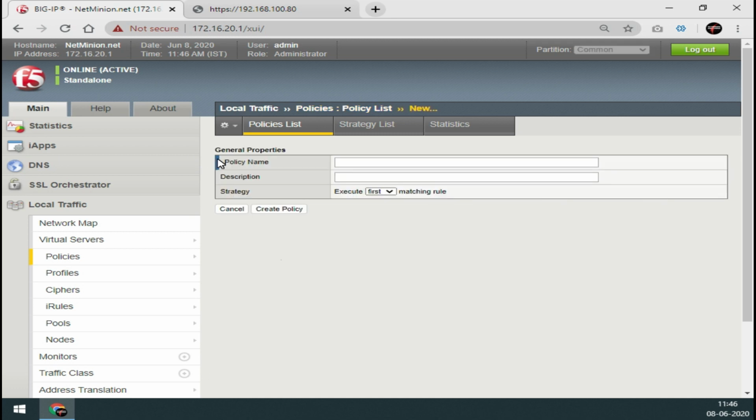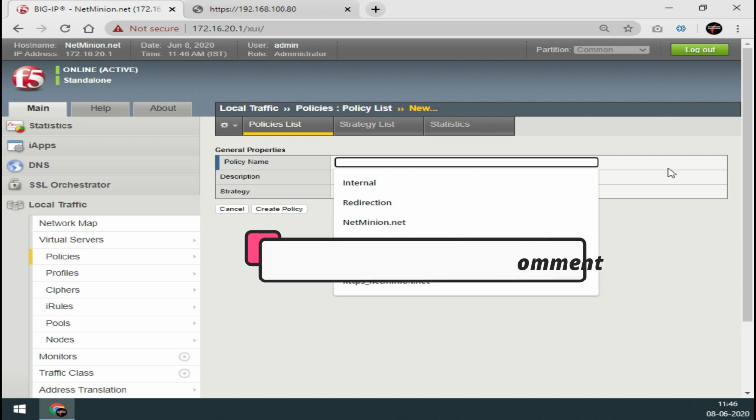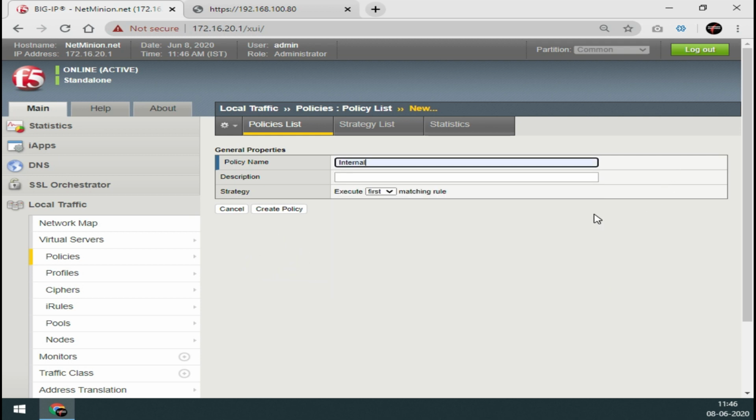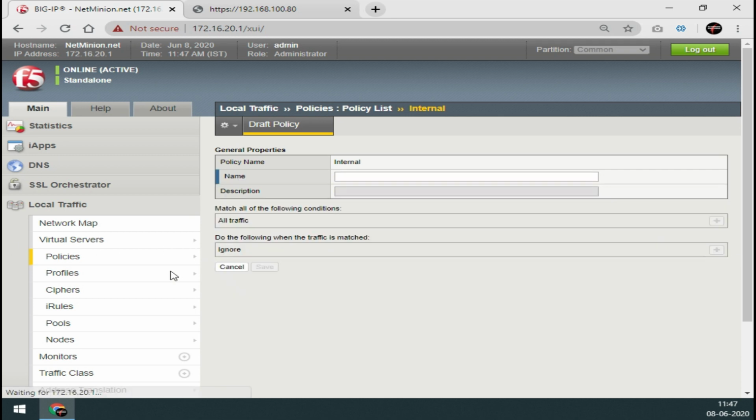If you click the create button, you can see we can provide any kind of policy over here. I am just giving any kind of name, maybe internal or something like that, and I am saying the first matching rule should get executed. When I press the create policy button, we are under the policy. From here you can select save and publish policy or whatever option you want to use. I am by default just creating it. It will come into the draft mode. After that I can publish it later on.